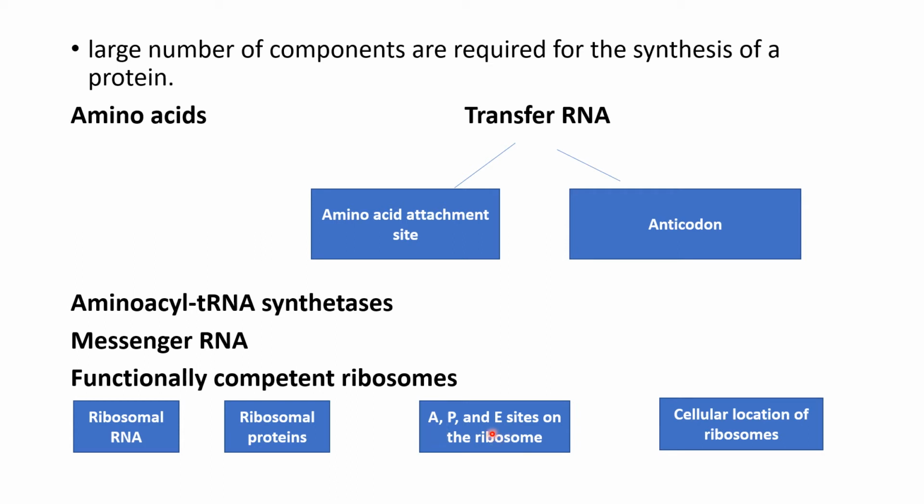The E site is the exit site for the tRNA which, after incorporating its amino acid, is now uncharged and then binds at the E site. These three sites are binding sites for tRNA: the A site binds the tRNA bringing the incoming amino acid, the P site contains the tRNA carrying the polypeptide chain, and the E site contains the tRNA which is now empty.